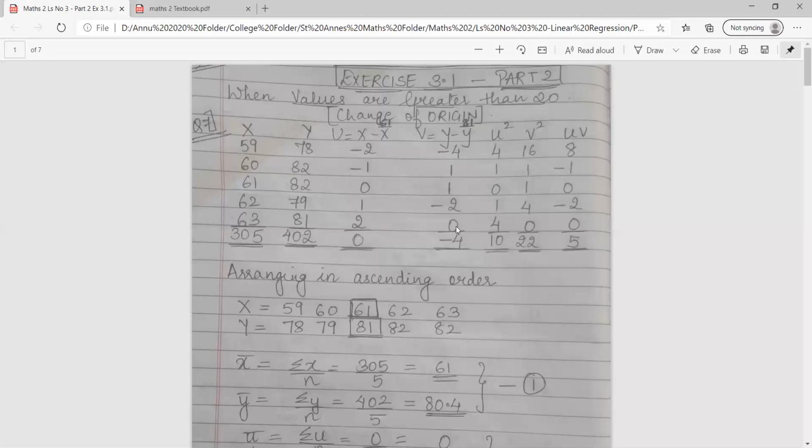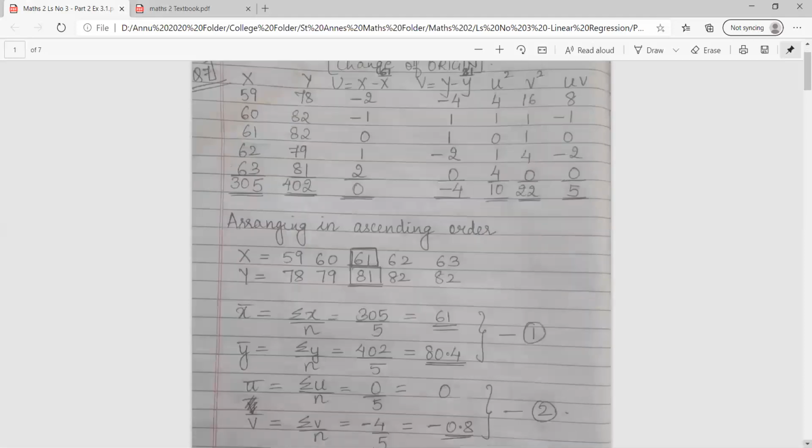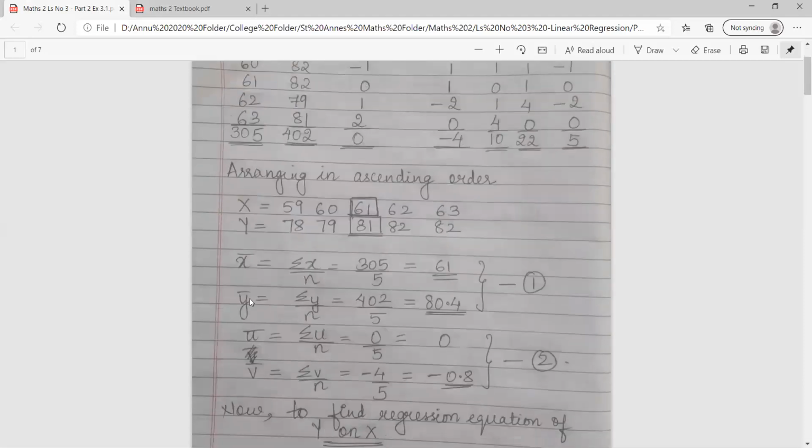So now class, your focus will not be on X and Y. Rather, it will be on U and V. So the next three columns will be U square, V square and UV. So as you can see class, by reducing your data to a much smaller one, it is very easy for you all to solve the sum. So after making U square, V square and UV, you will add all the 7 columns and find out their total. The procedure being the same. So yesterday we used to find X bar and Y bar first. The same thing I have done over here.